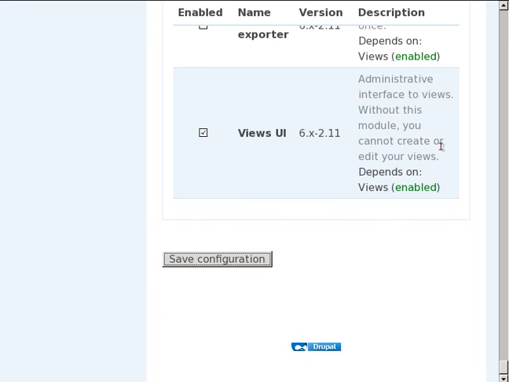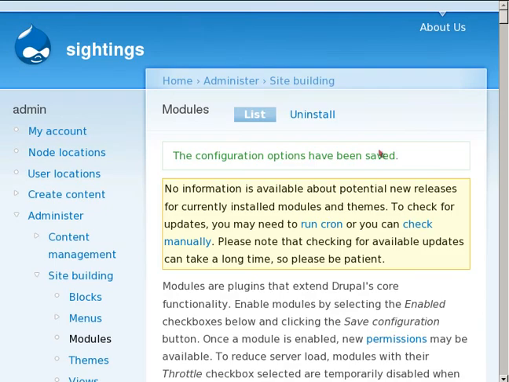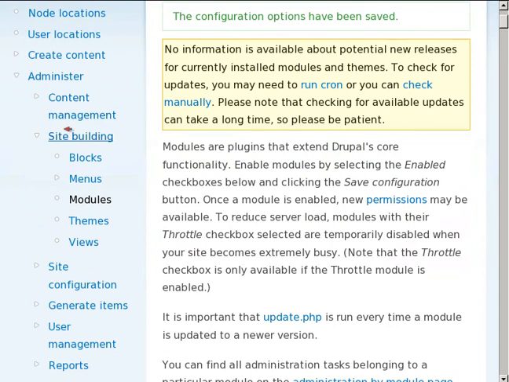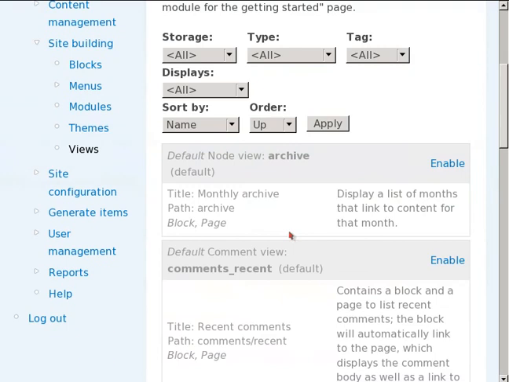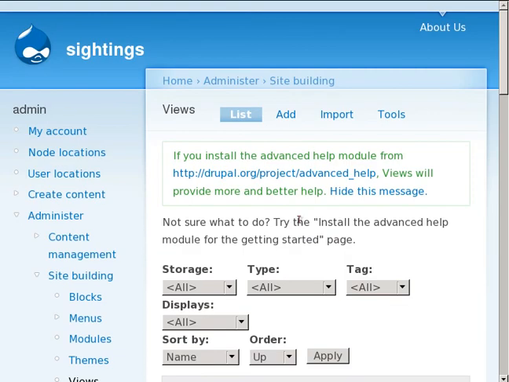Well, we need it. Okay, so now under site building we have views. Now views is pretty complicated, and we're only going to scratch the surface. What views does is it enables you to create a view, which is really like a